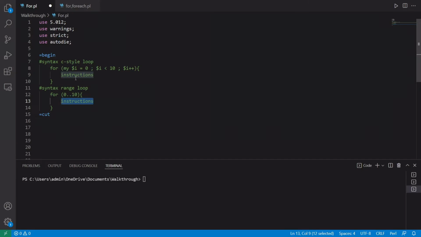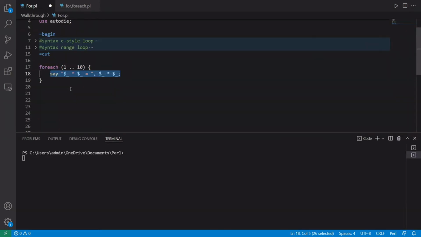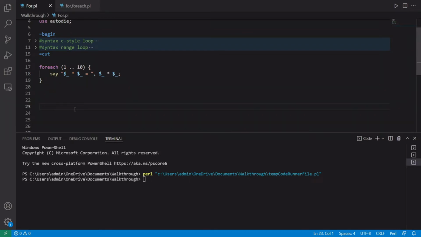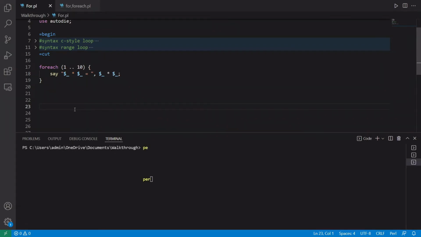Perl for loop can be used in a plethora of ways. Its limitations, however, are that it cannot be used to decrement and doesn't give you the ability to modify its steps. This example uses the range operator to produce a list of integers from 1 to 10, inclusive. The foreach directive loops over them, setting the topic variable, which is this underscore, to each in turn. Perl executes the block for each integer and as a result prints the squares of the integers.